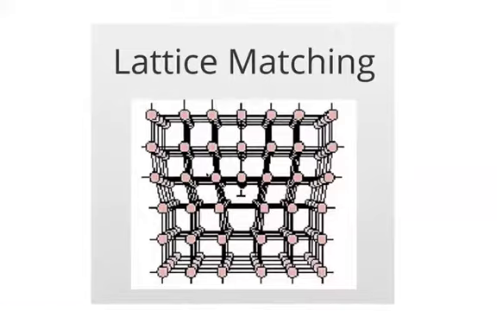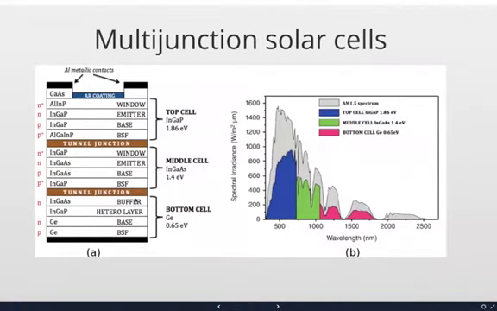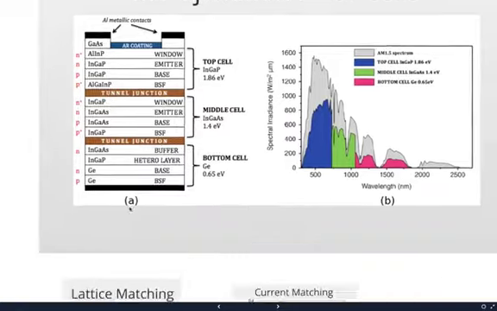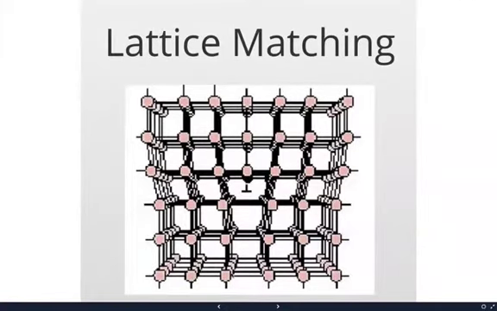However, this is a very expensive proposition for various reasons. First of all, you can imagine you have to grow all these different materials, and these materials have to be grown atomically perfect. So when you grow these crystals, they have this nice periodic crystalline structure. If you miss